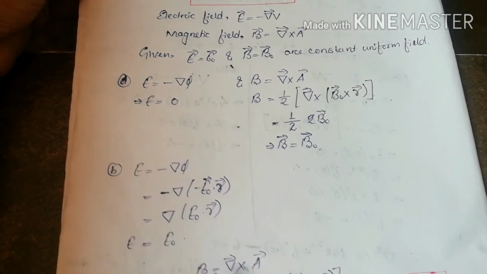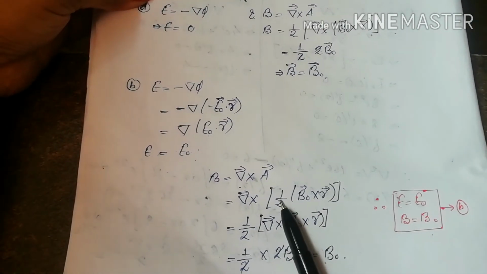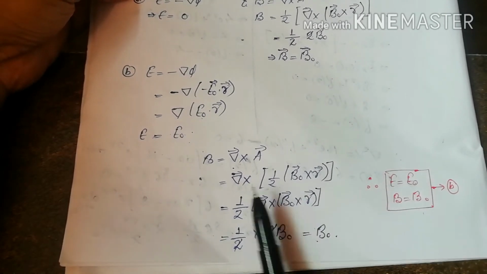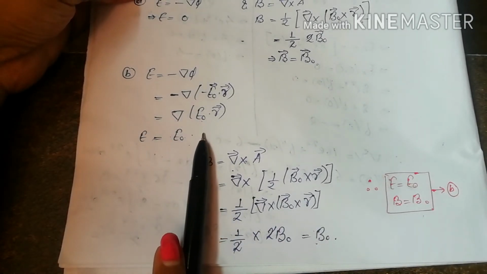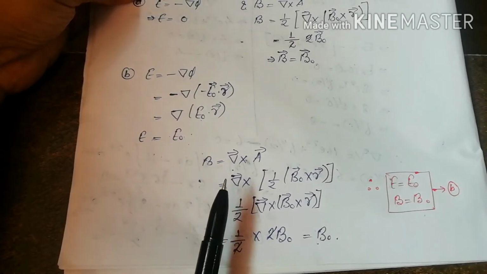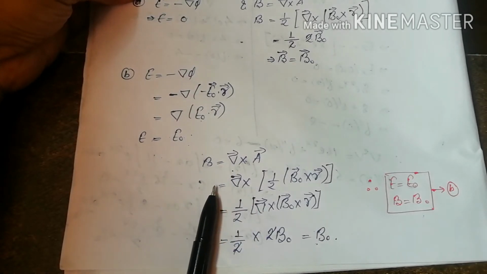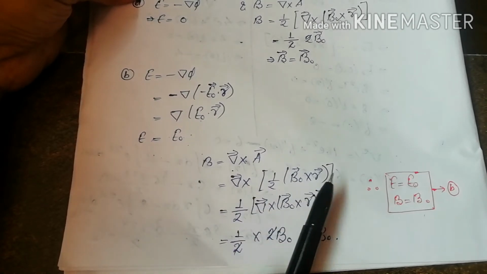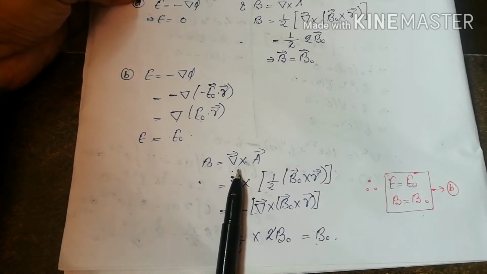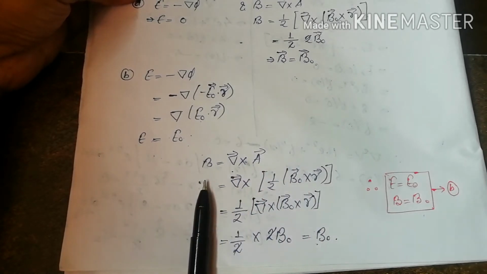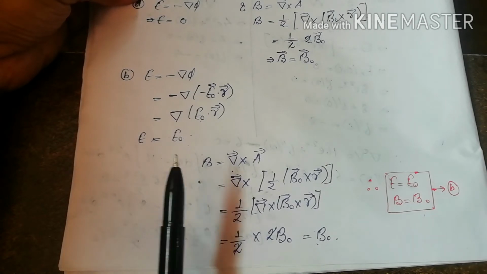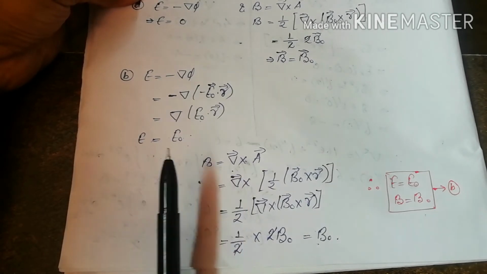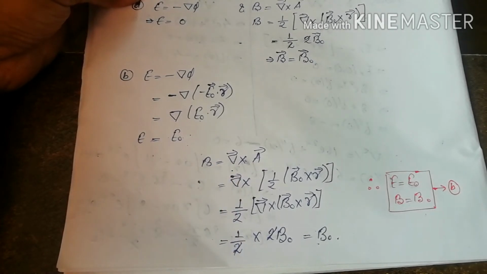Okay. Now, since the value of the vector potential was the same, here we will get B equal to B naught, and the electric field E is equal to E naught, right? So the correct option is option B. For phi equal to minus E naught dot R and the vector potential A equal to half B naught cross R, the electric and magnetic fields will be constant, right? For these values of phi and A, we can choose this gauge. So this is the correct option.